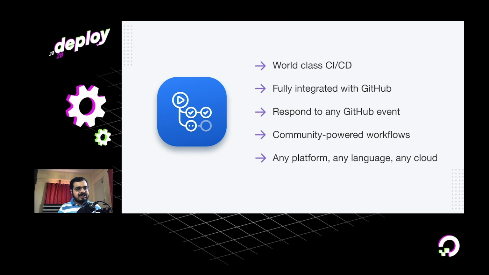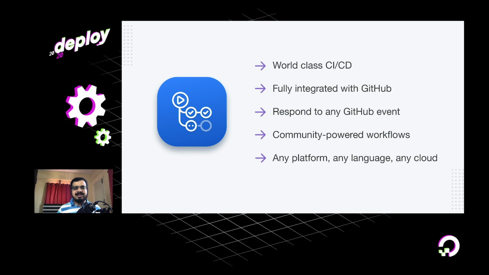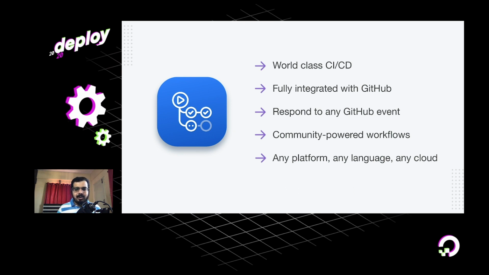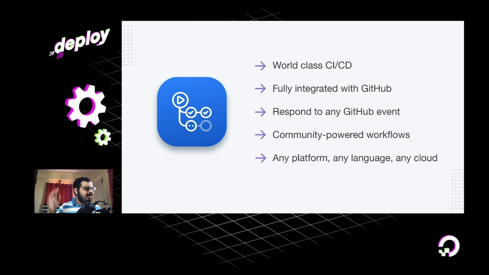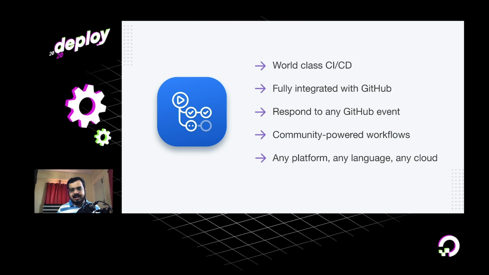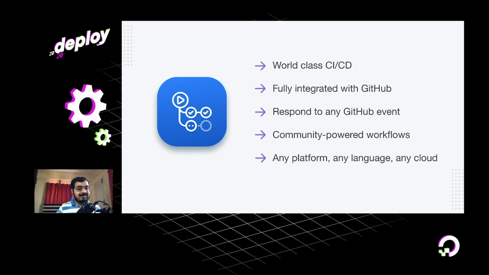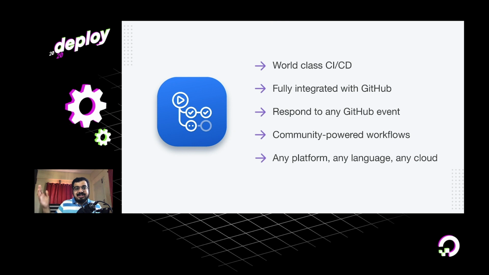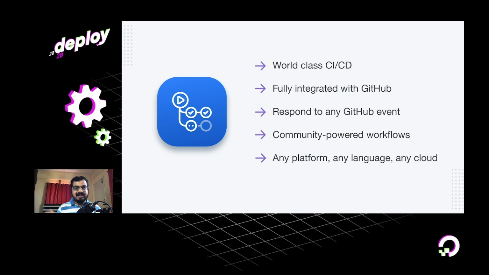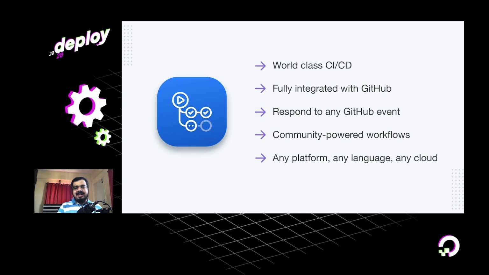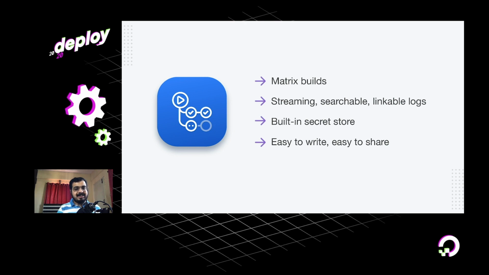And because Actions is built in to GitHub, there's no need to manually configure or set up CI/CD, to set up webhooks, to buy your own VMs, to patch them and keep them up to date, monitor it, do cost management, shut down idle VMs, etc. Just drop in a workflow file in your repo and you're up and running, just like magic. But if you want, you can manage all of these yourself as well. More about it later.